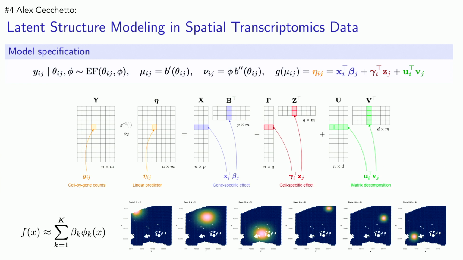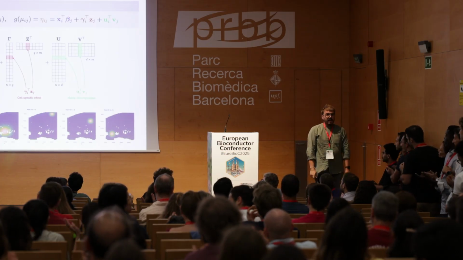And to handle spatial data, we build a spatial functional regression where the main idea is to use basis functions at different resolutions to capture significant biological signal. And if you are interested to know more about this and to see a real data application, I'm at panel 4. Thank you. Thank you.